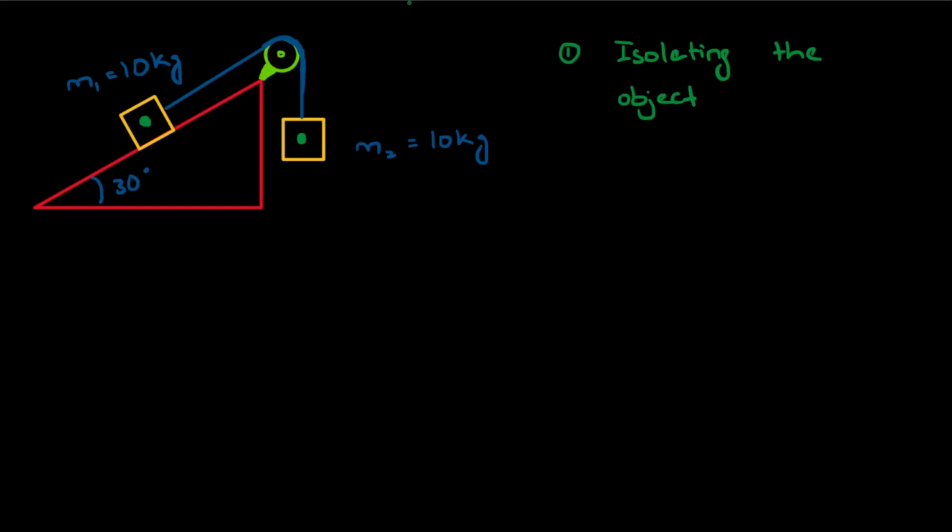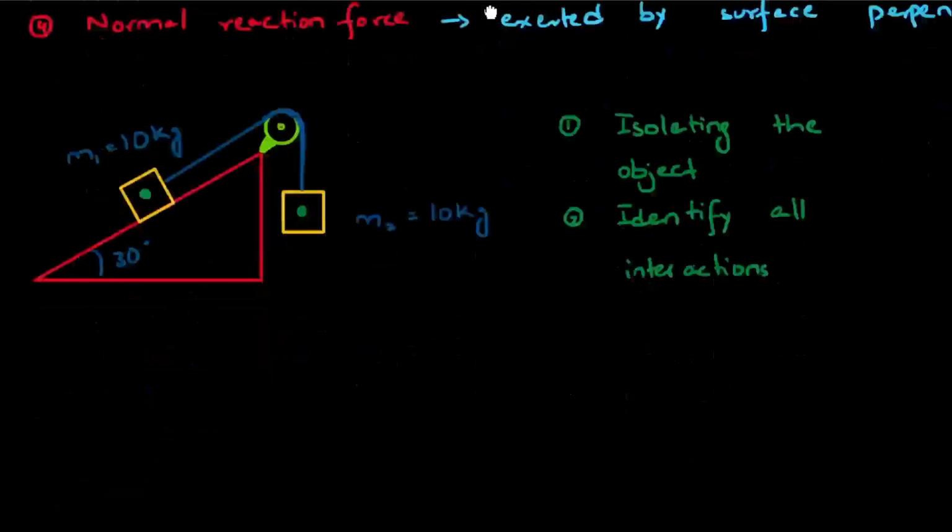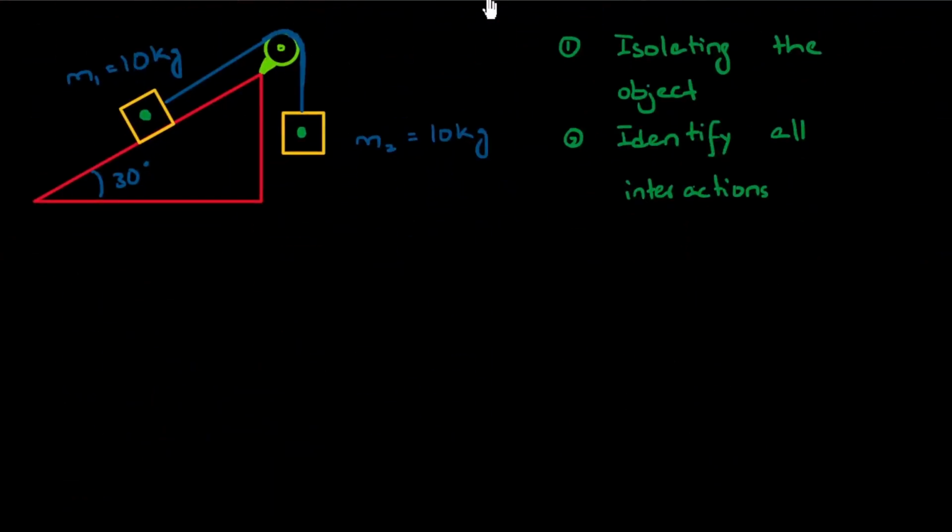After isolation of the object, you have to identify all the interactions. Now, all interactions means all the different forces out of the four that we talked about acting on these two boxes